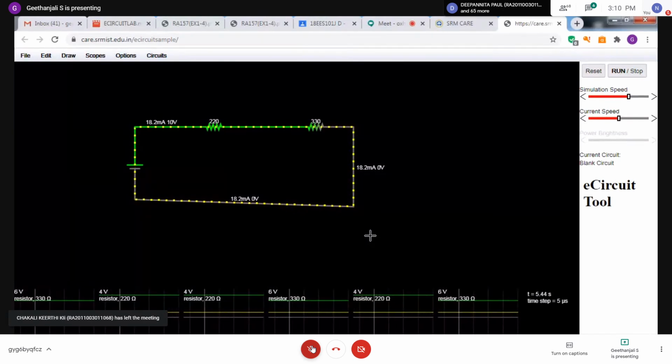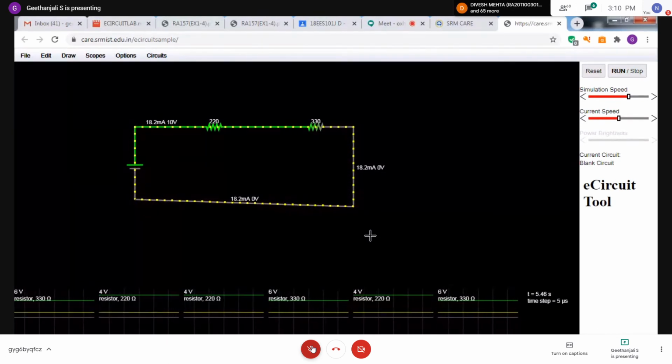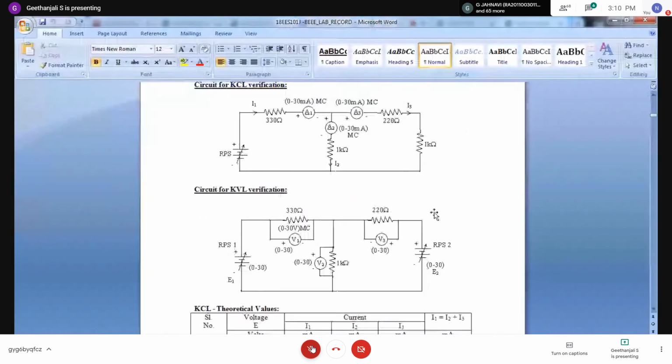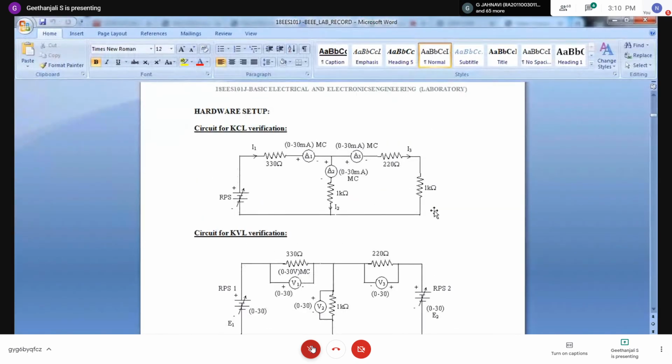Next we move on to our first experiment. All of you make a note of the circuit. For the practical session, all of you keep one pen and paper with you always. I told you earlier that this subject is problematic as far as the theory is concerned, so take a separate note for this subject.